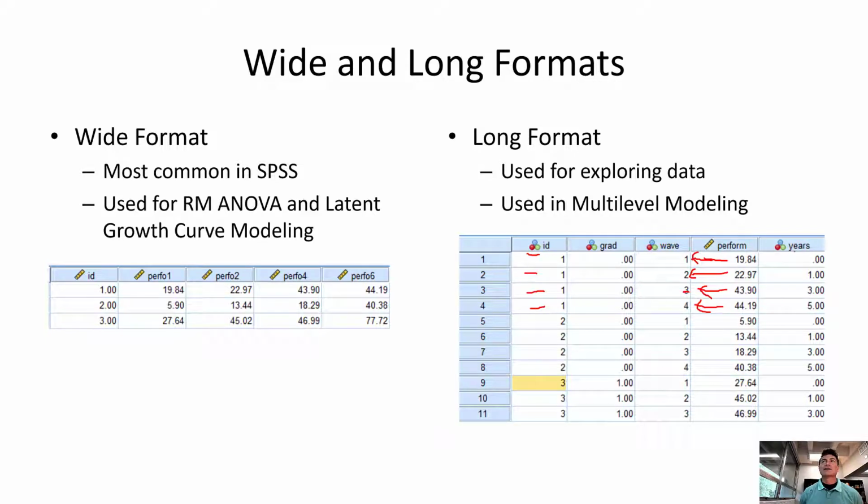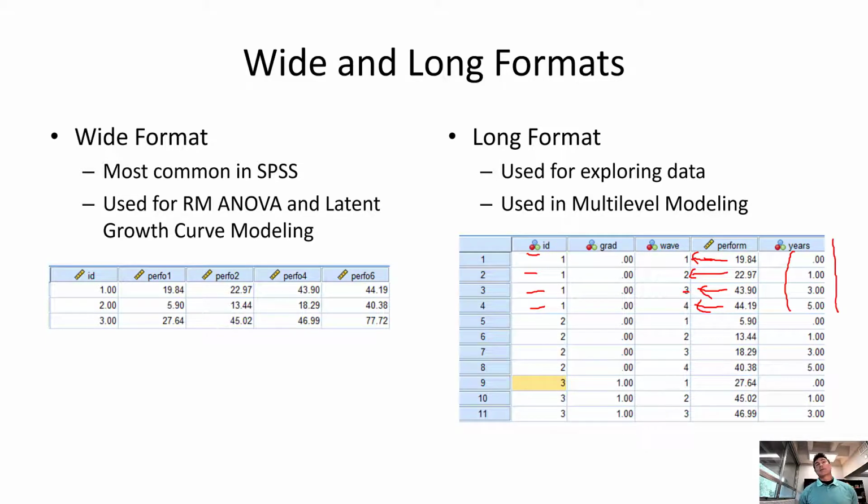What I've got here, years, I'll talk about this in a few minutes, but we're going to center the data. We're going to make it so that the first time point is at 0. And what that does is make our intercept at that 0 time point. I'll explain why this years and these waves are here, and why the numbers aren't matching up to grade, which I could have another column of grade, which would have probably been a little easier.